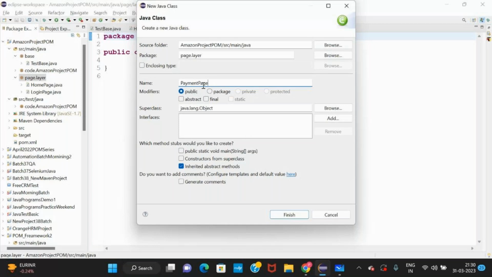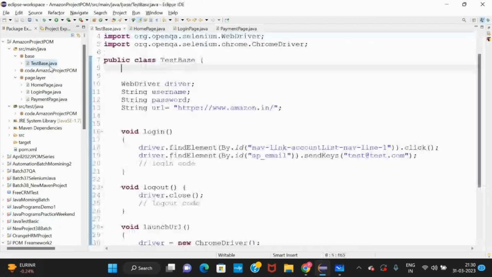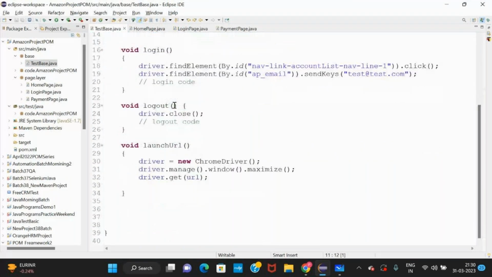The class name convention is this. Now look, the variable convention is different. A variable always starts with a small letter, and the second word's first letter is capital. For example, launchURL: launch, l is small, whereas URL, u is capital. Logout is one word, so everything is small. Login is also one word, everything is small. If you have a login with admin user, we will write loginAdmin.